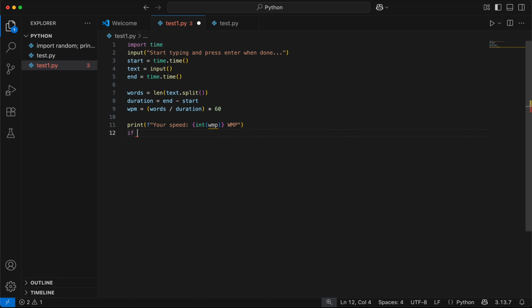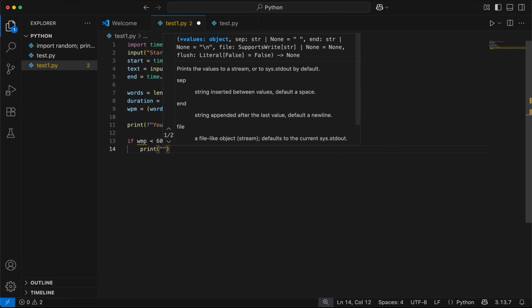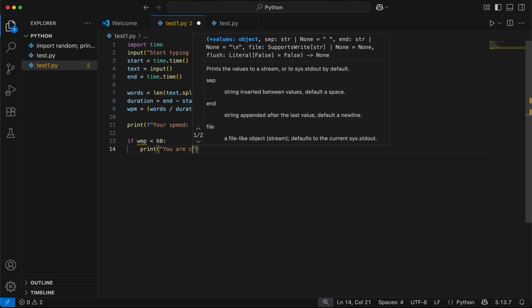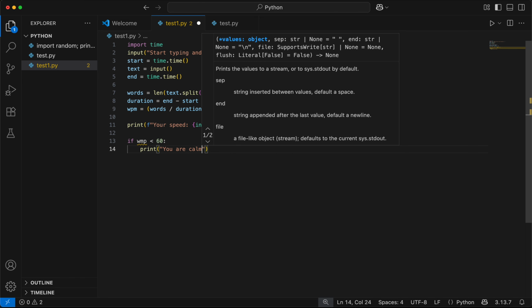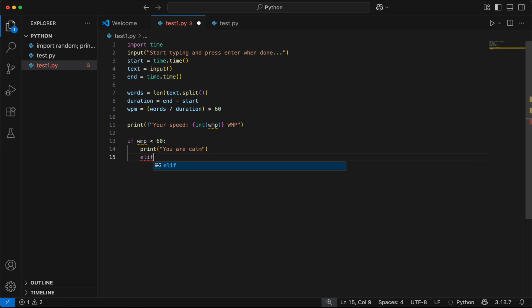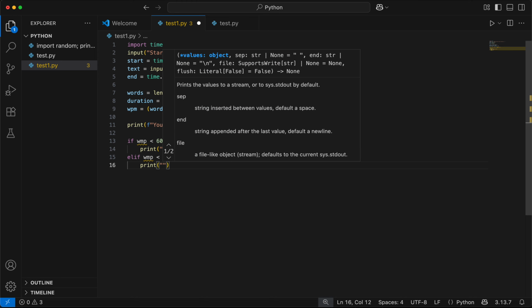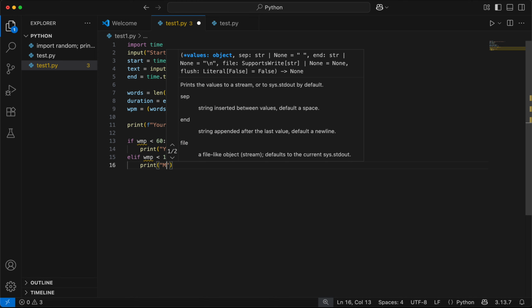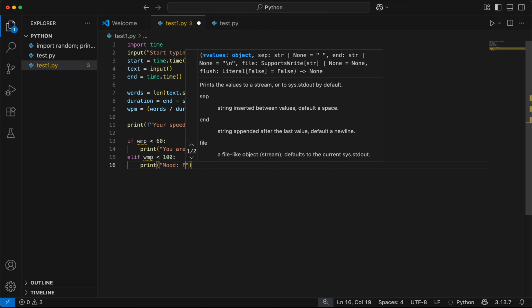And lastly, if wpm is smaller than 60, print "mood: calm". If wpm is smaller than 100, we'd like to print "mood: focused",